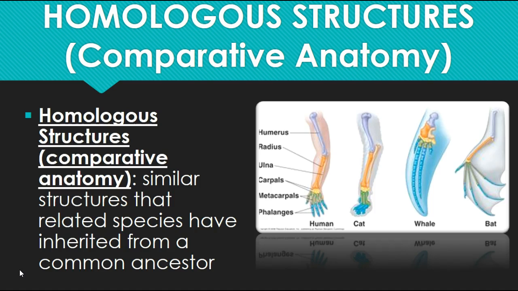In the bat, you see a radius highlighted in orange. So the fact that they have similar skeletal structures, those are homologous structures